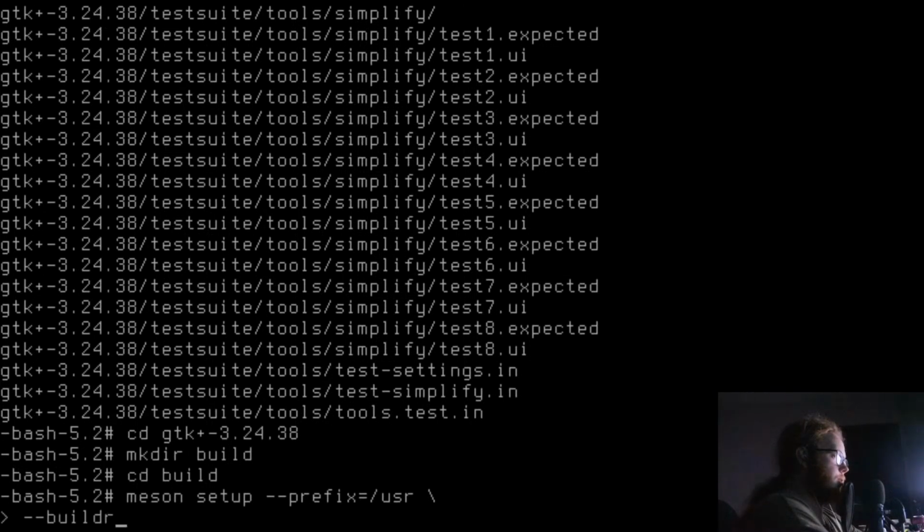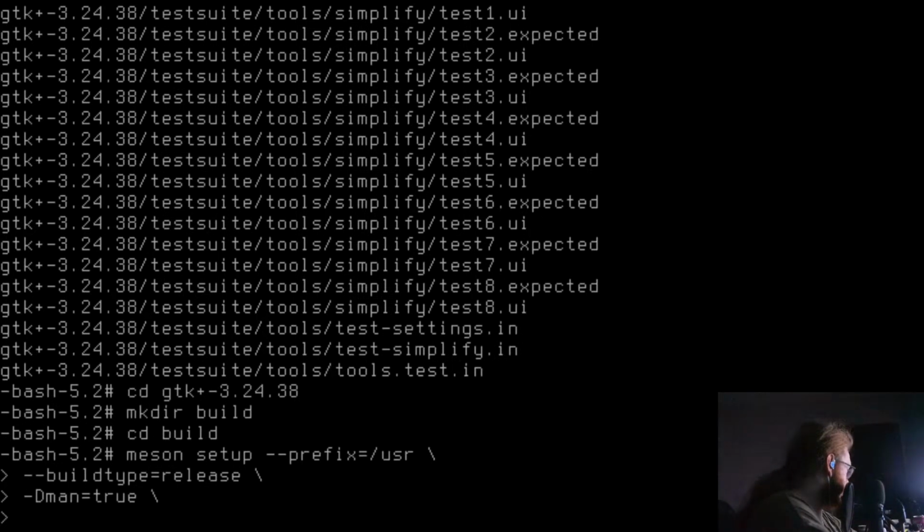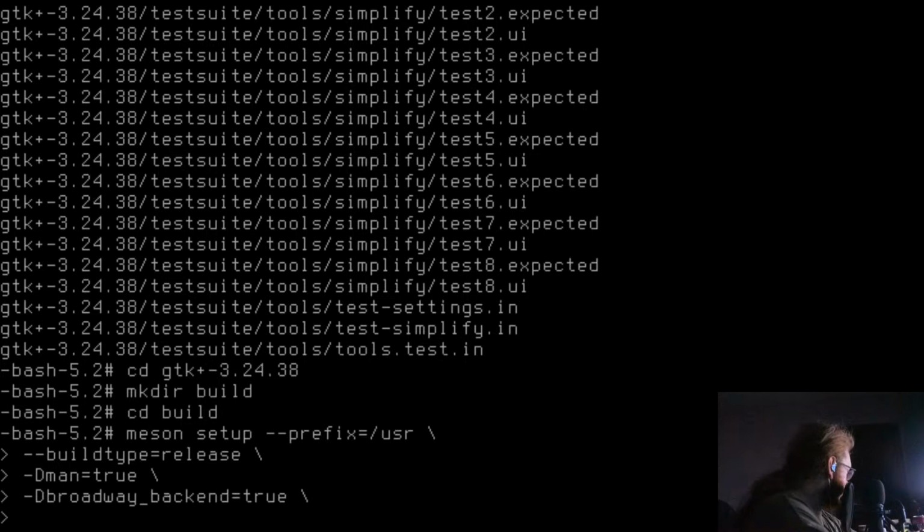Build type equals release, enter. -Dman=true, -Dbroadway_backend=true, enter. And ninja.